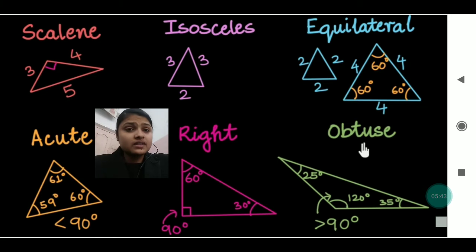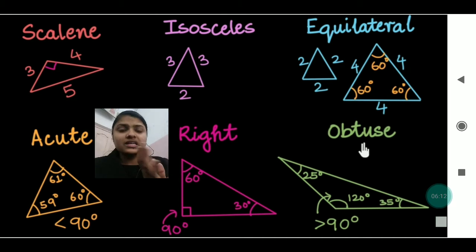Now we are going to move on with some geometrical figures, and we are going to discuss the types of triangles. Some of the types of triangles are scalene triangle, isosceles triangle, and so on. First of all, a triangle is a three-sided figure which is bounded by three sides. It is a plane figure. Next, what is a scalene triangle?